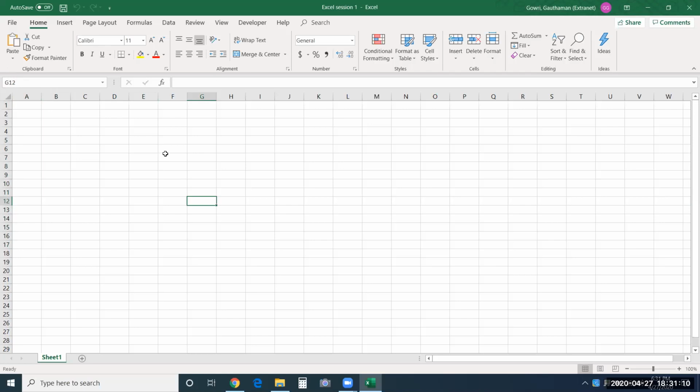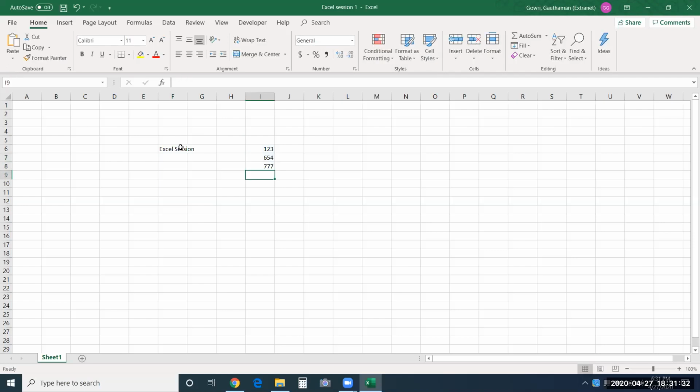Next comes the formula bar. So how is this helpful? Let me type something here: Excel session. And suppose let's say I have some numbers here, and I use a simple sum function.